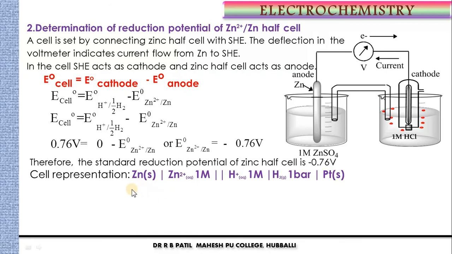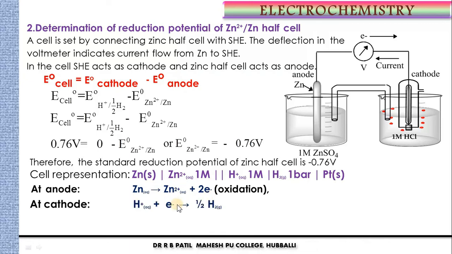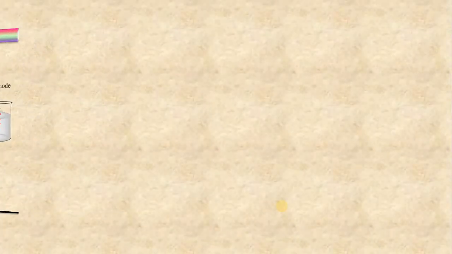So if I write the half cell reaction, then at anode zinc undergoes oxidation, loss of electron is called oxidation. At cathode H plus gains electron and is converted to hydrogen gas. Once again electrons are not balanced. So at cathode I should multiply this equation by 2, students. When I do that, two electrons cancel. So remaining is zinc plus 2H plus gives rise to Zn2 plus, and only hydrogen remains. So zinc plus 2H plus gives rise to Zn2 plus and hydrogen gas. Okay, I hope that it is clear to you. Thank you, students.